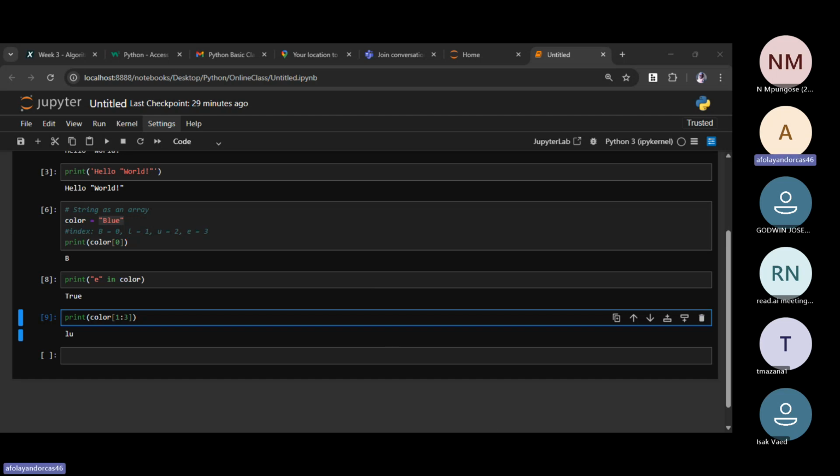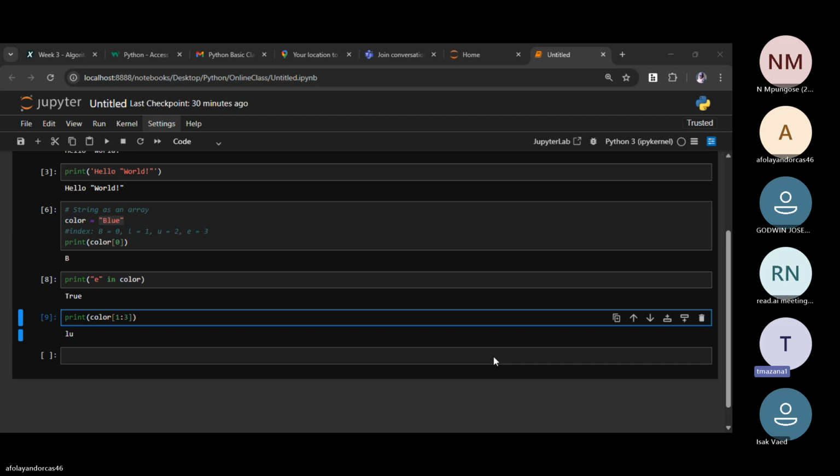So what actually happens there? The first person that talked actually gets it, saying that it will print. Okay, I can repeat. So the color is blue, which means B is 0, L is 1, U is 2, E is 3.